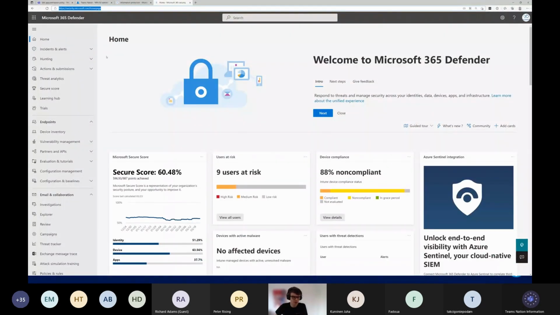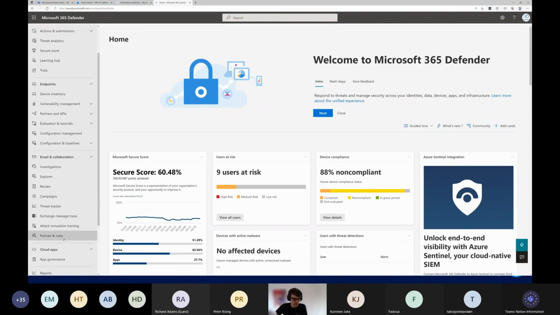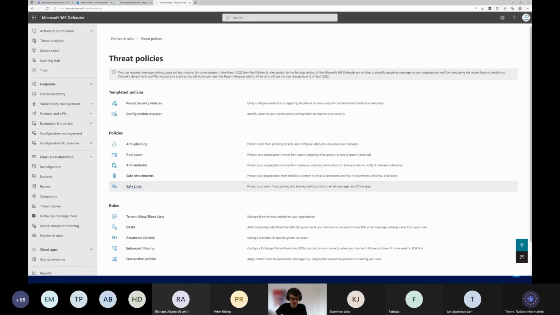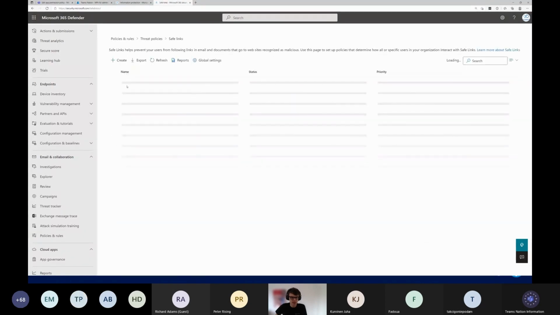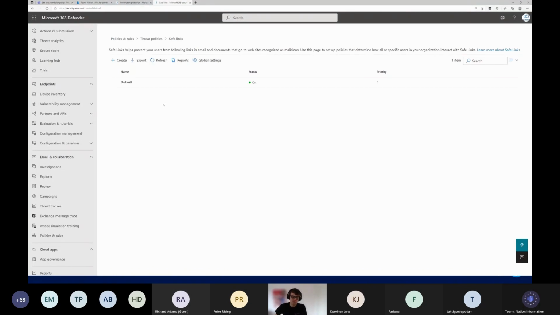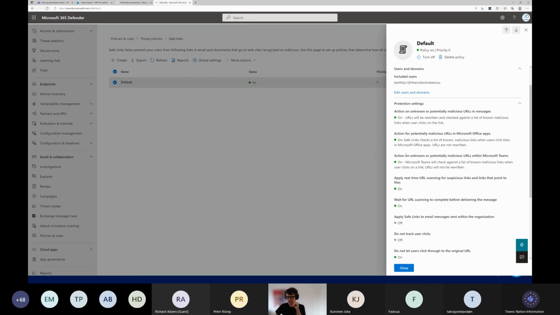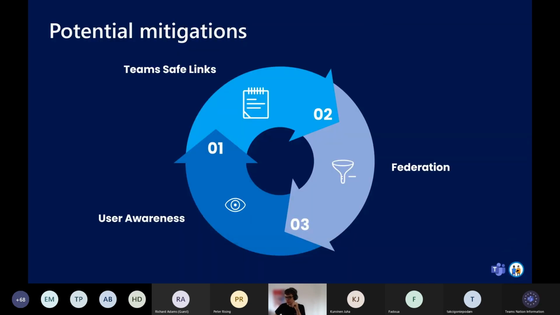If we go into the security portal, we go to Email and collaboration. We click on Policies and rules. We go to Threat policies. Here we have the Safe Links policies. If we click on the Safe Links policies, I have a default out there that wants to load, and that default is configured for Teams. So let me just open it. And here we can see it acts on any potentially malicious URLs within Teams. So it will check if a URL is malicious or not. So it's just really important to be aware of what is happening, which URLs are there,